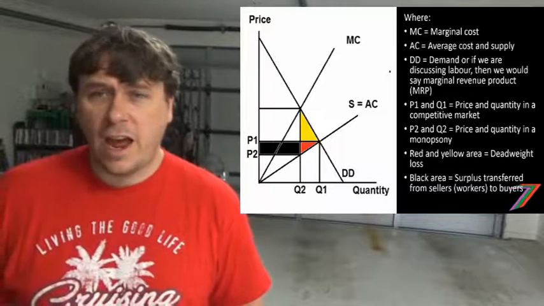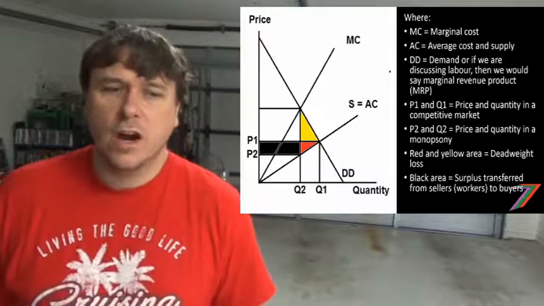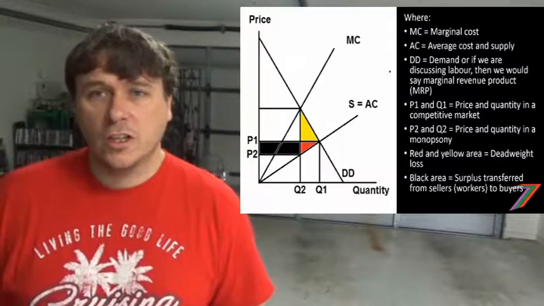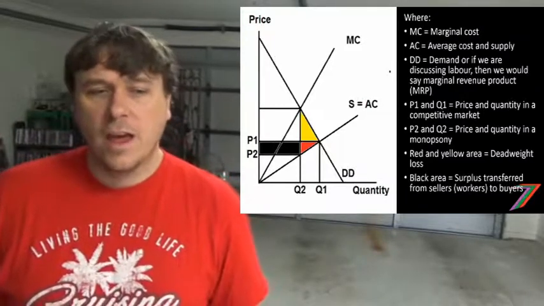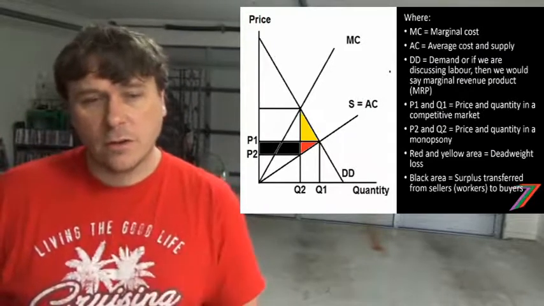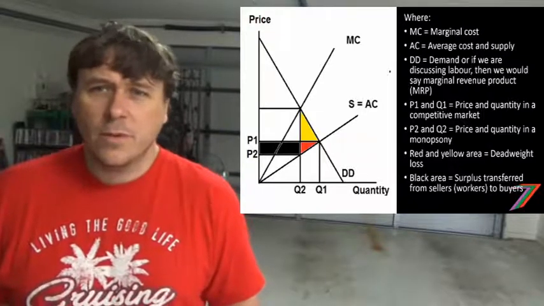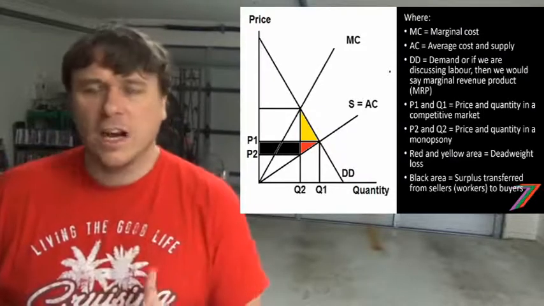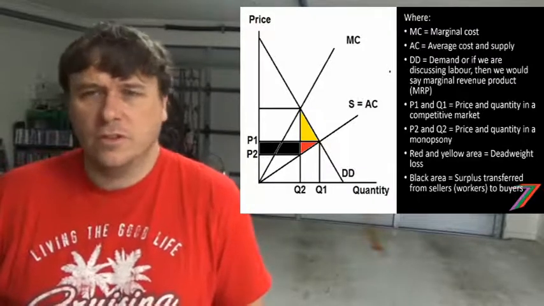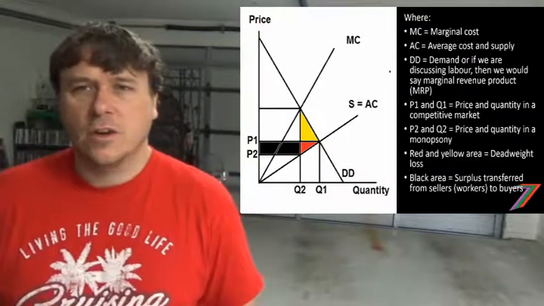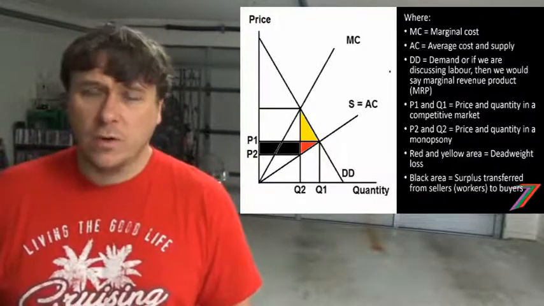So effectively you will have your multinational company, for example, coming in and not employing as many workers as you would hope. At the same time though, they're not charging the high price like you'd see in a monopoly. They go with the opposite, a low price. And that low price, you'd see on the graph, goes all the way down to where the supply is. Because you have to remember, at a lower wage you have fewer people willing to work, but that fits in nicely with what they're looking for. They're not looking to hire an awful lot of people, just a few people, cheap labor, at a low price. So in other words, you get a much lower wage for the workers and a much lower quantity.